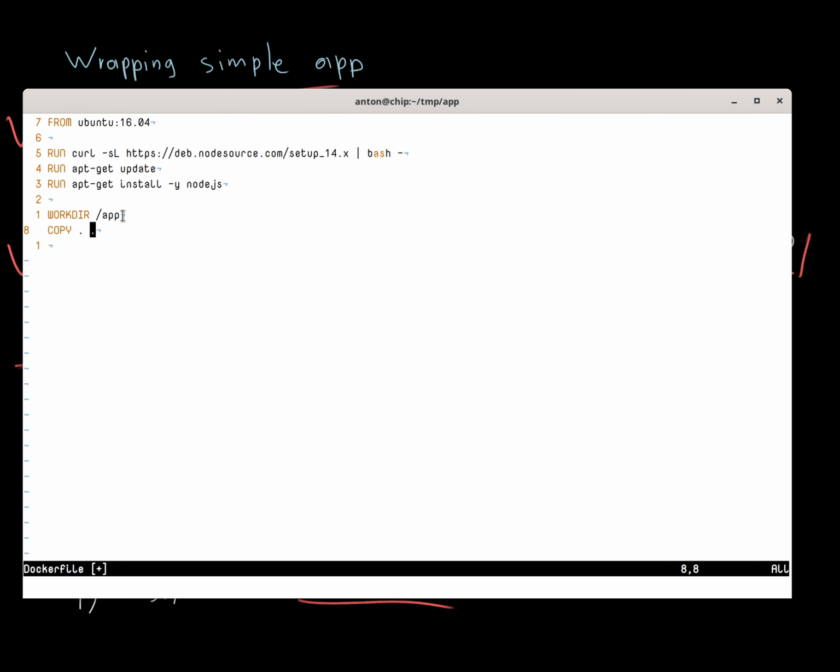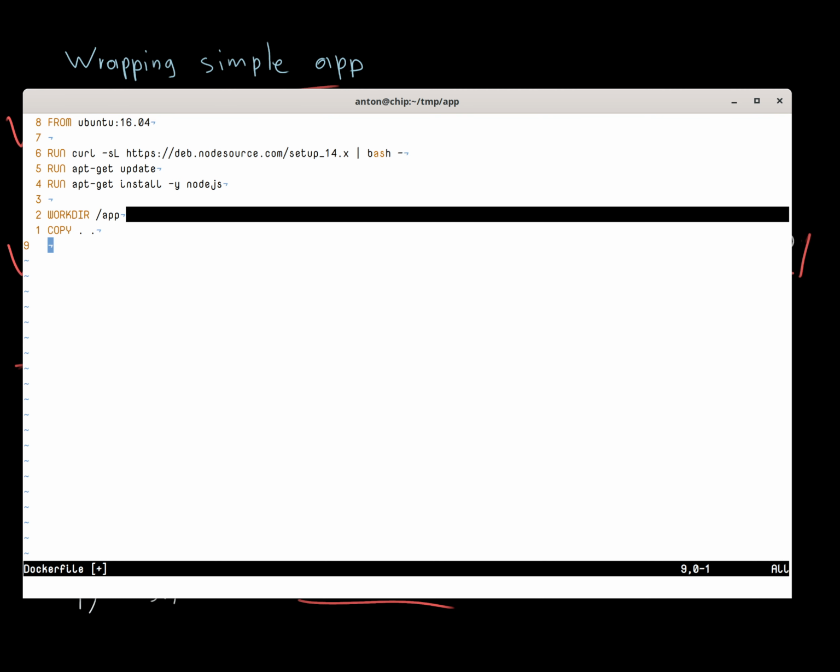Copy everything from the current directory to a relative path inside the image, and in this case it will be /app. If we specify something like that, it will copy everything from our local folder to the root of the image. But we want to copy everything to the app. So you specify a command like that, and then we need to run npm install,